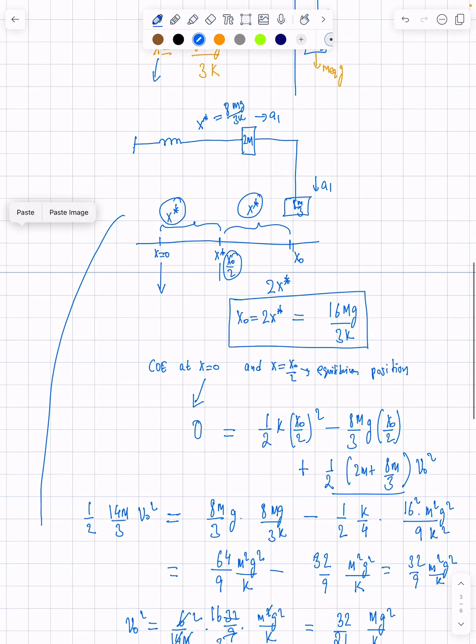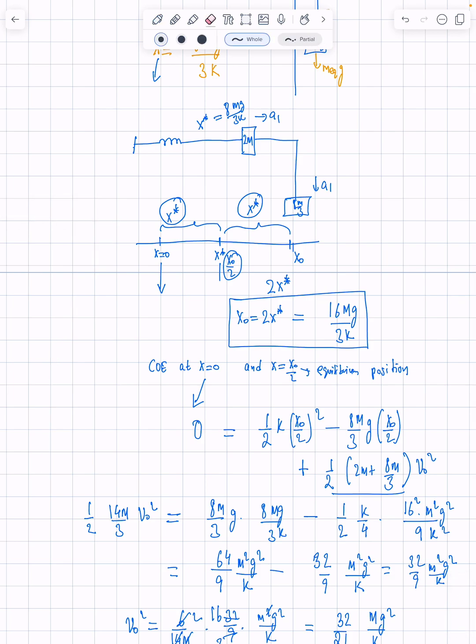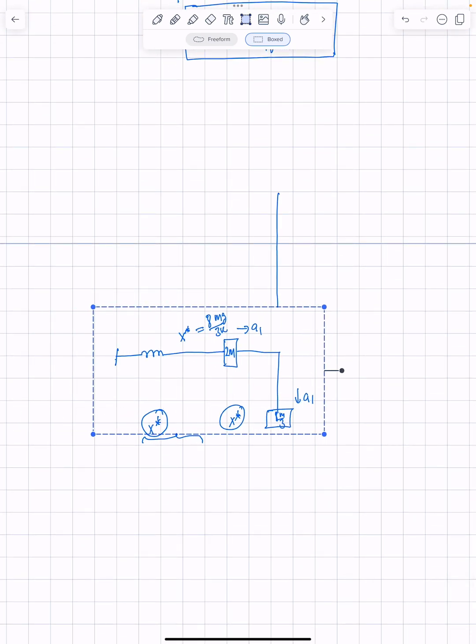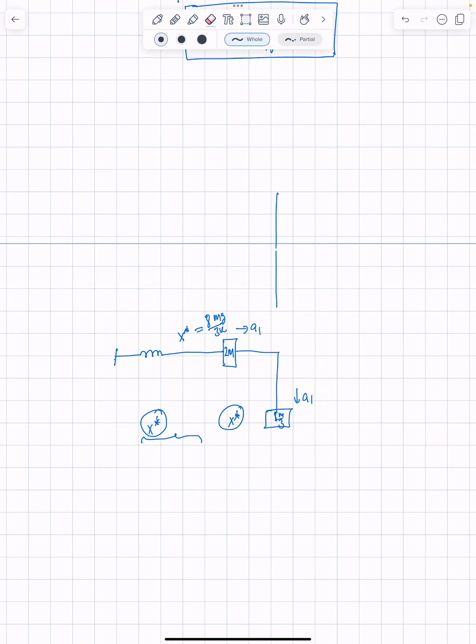Let me just copy this. Yeah, so let's write Newton's